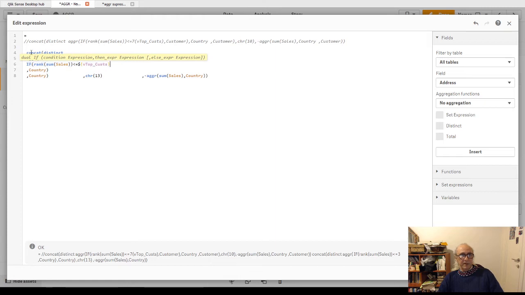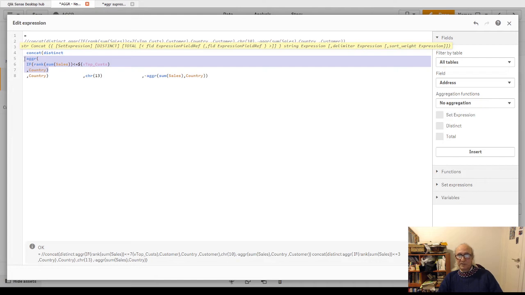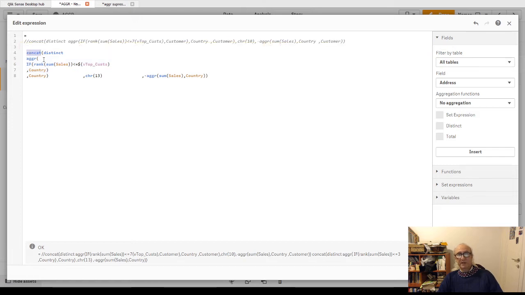Since this returns a list of values, a list of elements, this is the result of the AGGR function, we can pass it on to another aggregation function, in this case the concat function. The concat function takes all the values that it calculates from the values of the records that it runs upon, and makes a string that is a concatenation join of all the values inside